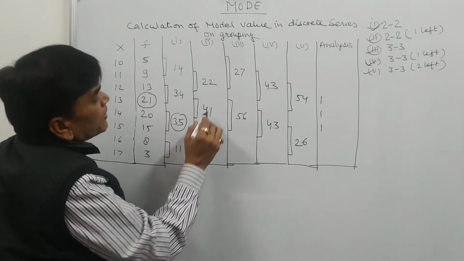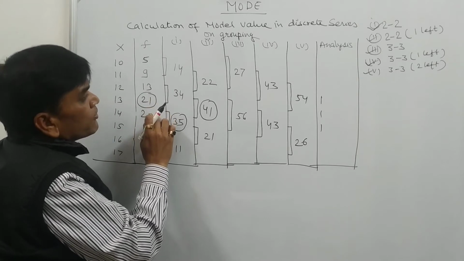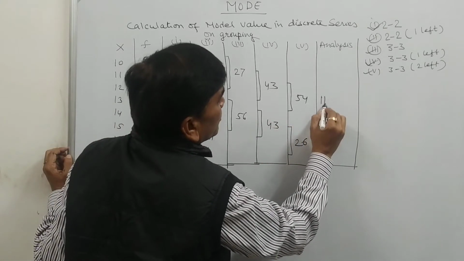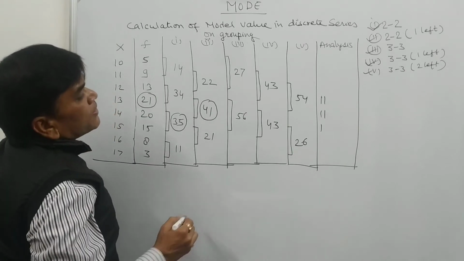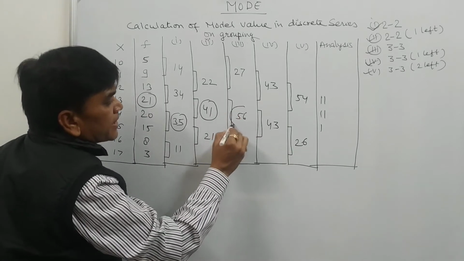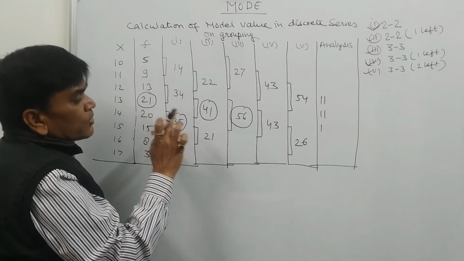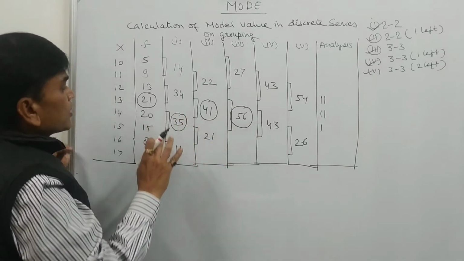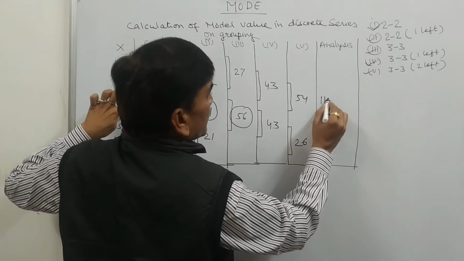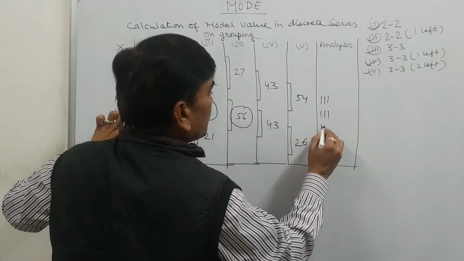In the second grouping, 41 is the highest number, the addition of 21 and 20. So we are having a tally mark on 21 and a tally mark in front of 20. In the third grouping, 56 is the highest number, which is the addition of 21, 20 and 15. So we will make three tally marks because it's the addition of 3: one tally mark in front of 21, one in front of 20 and one in front of 15. Okay.